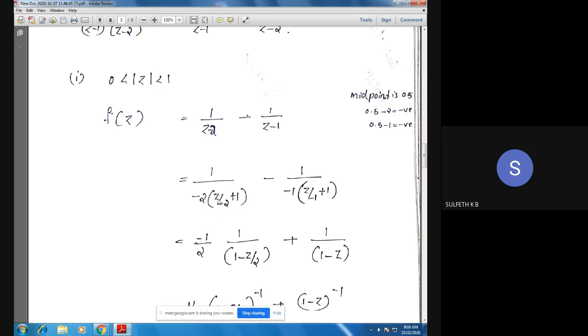What are the terms inside here? z divided by minus 2 plus minus 2 divided by minus 2, equal to 1. When minus 2 gets outside, the terms will become